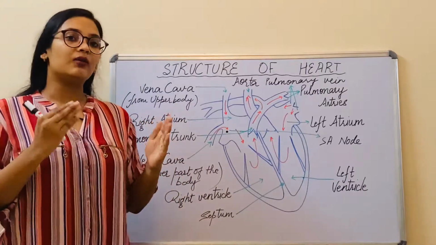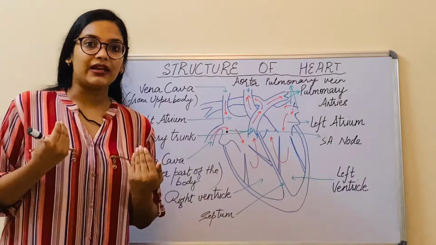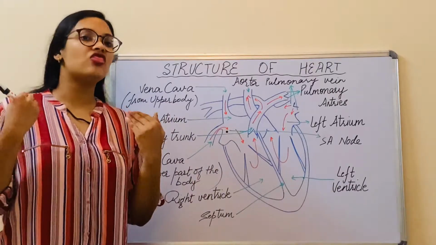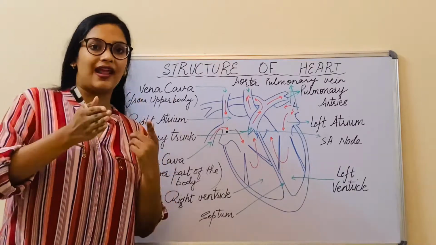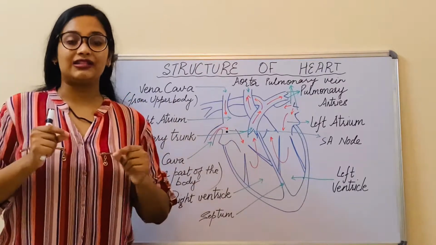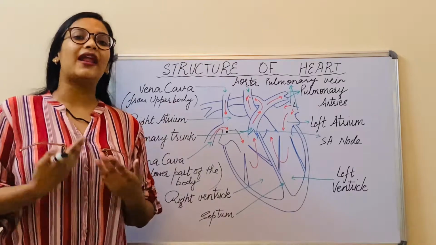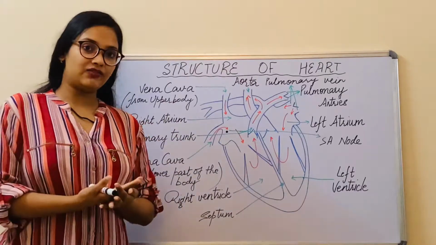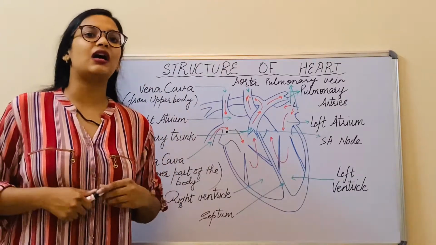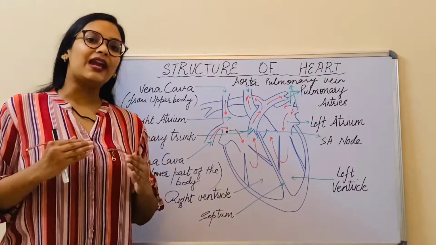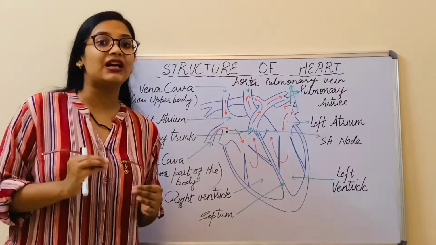So the one which is towards the outside is called the parietal pericardium. The parietal pericardium is the one which is not as close to the heart, and there is a little space between the inner layer and the outer layer. So the outer layer is the parietal pericardium, while the inner layer, which is tightly in contact with the heart, is called as the visceral pericardium. Now, as I have told you, there is a space between these two layers of the pericardium. Now, what is this space filled with? This space is filled with a shock absorbent fluid. That fluid is known as the pericardial fluid.